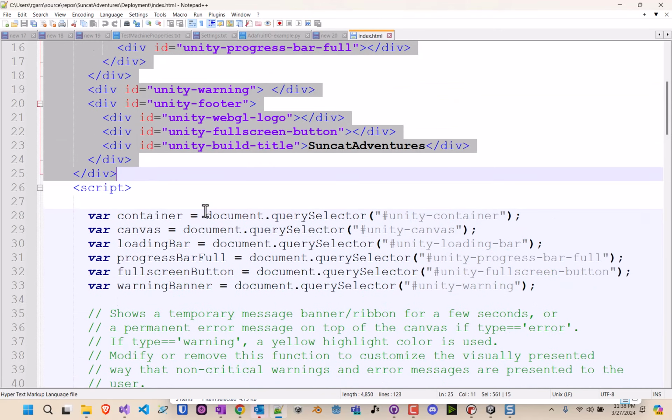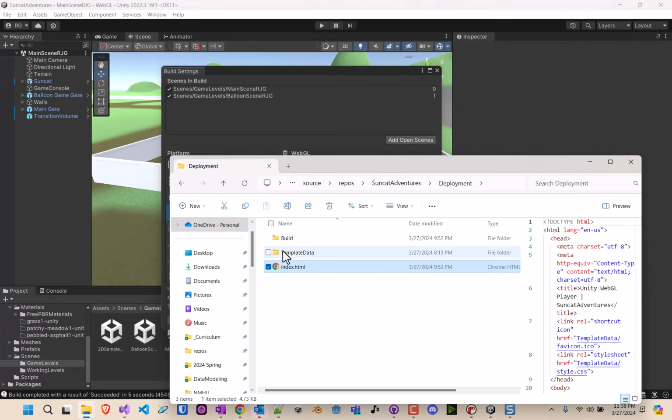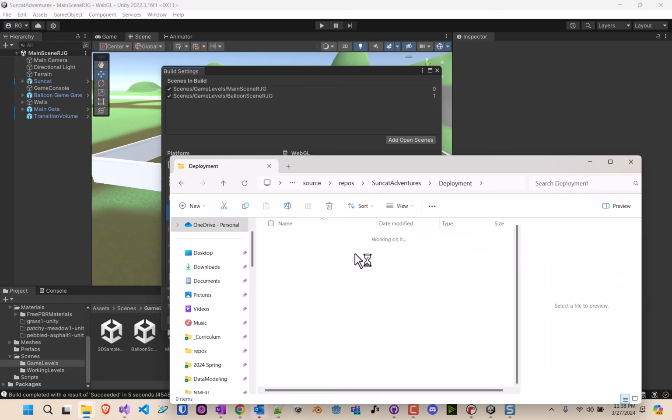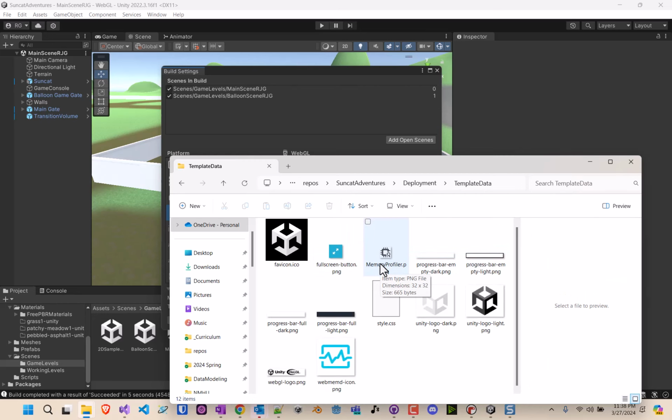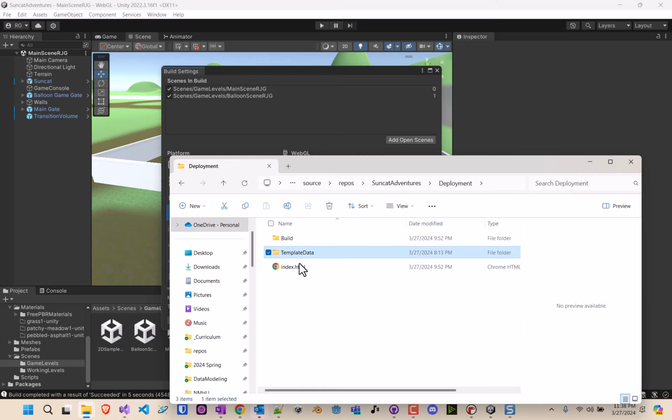Once you have that component built, you would probably just leave this alone, and then you would just need to deploy this build and template data stuff. And template data, let's see, what do we have in here? This is mostly things that once you put it in the main website, you don't need to change, and you would just change this build folder. But for now, I'm uploading this, and